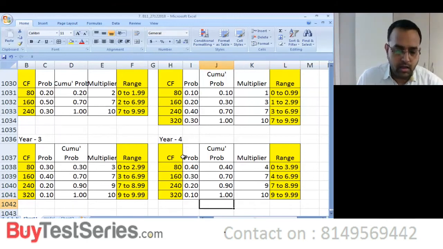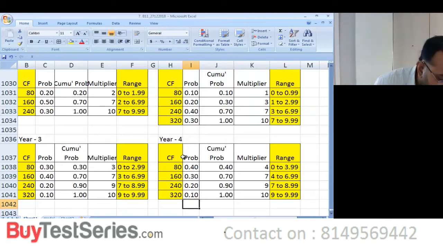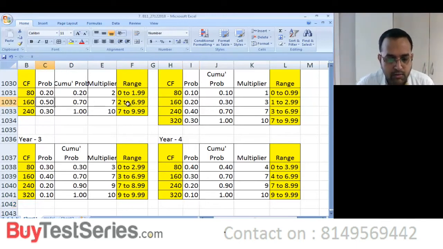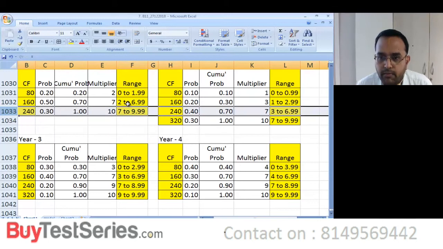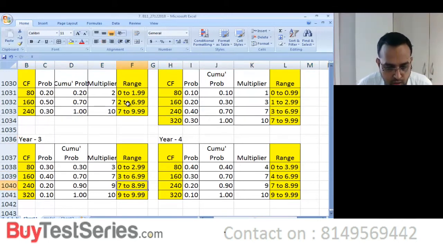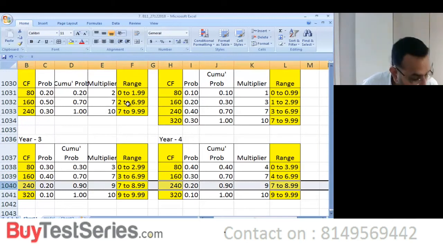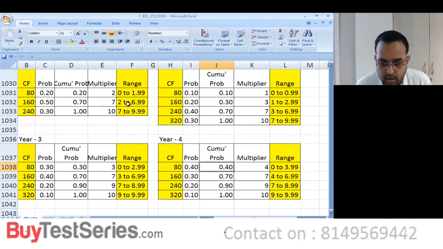Once we have set the range and also the values for it, now we need to take the sets 1, 2, 3, 4, 5. Guys, listen for a minute. Look at set 1. Set 1, year 1, 2, 3, 4, what are all the random numbers? 5, 3, 8, 1. That corresponds to what are all the values here? 5 means this, correct? Year 1, 5, which is 160. And then second year it is 3, which is 240, correct? And then third year it is 8, correct? Random number 8, which is 240, correct? And fourth year it is 1, which is 80.